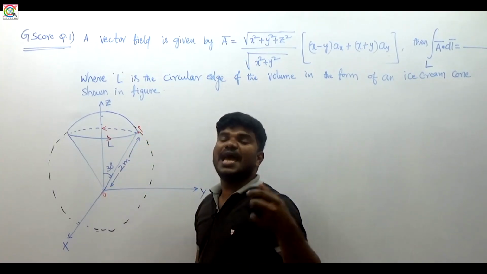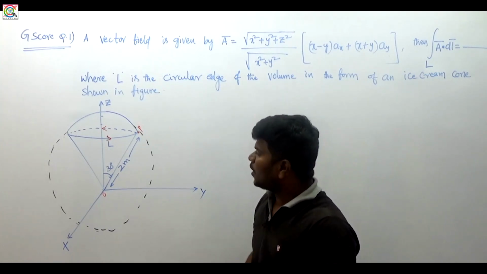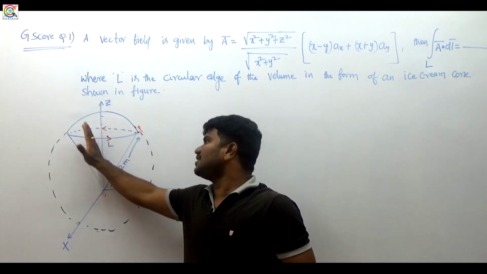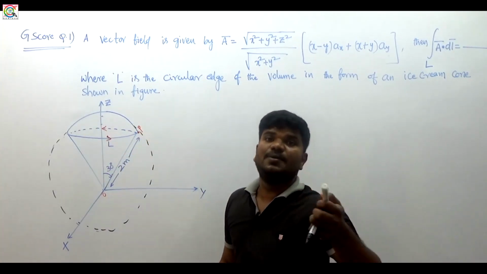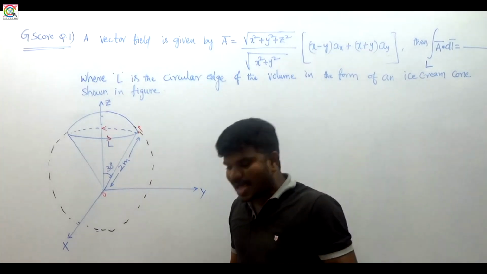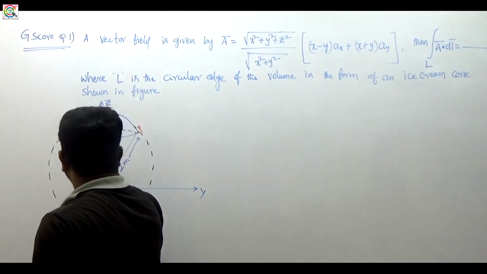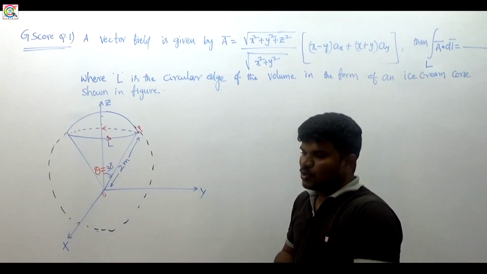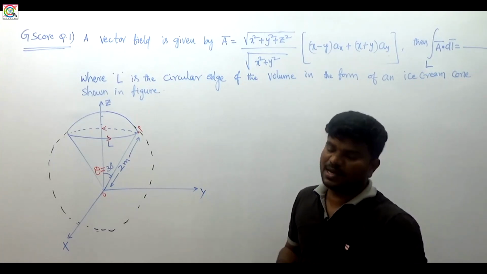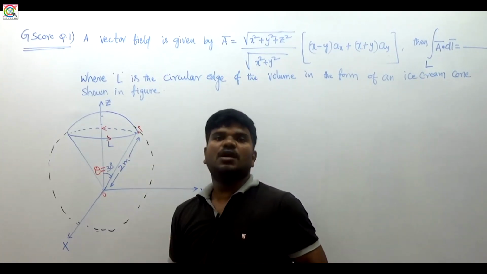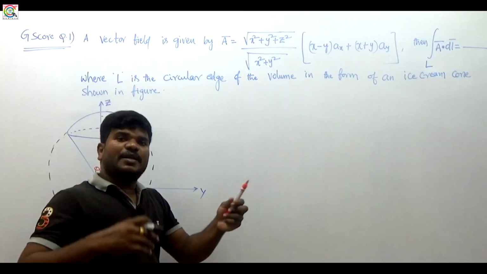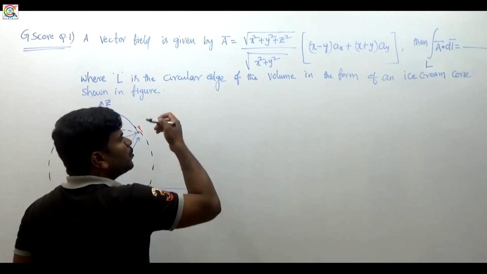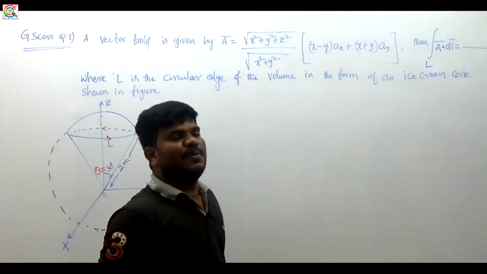From the analysis of the spherical coordinate system, the angle made by this OP line with the Z axis is nothing but the elevation angle. It is also represented with theta. So theta is equal to 30 degrees here. So it is better to proceed with this question in the spherical system. It will be difficult to find the answer in the Cartesian system, right? So I have to proceed with this question in the spherical system.